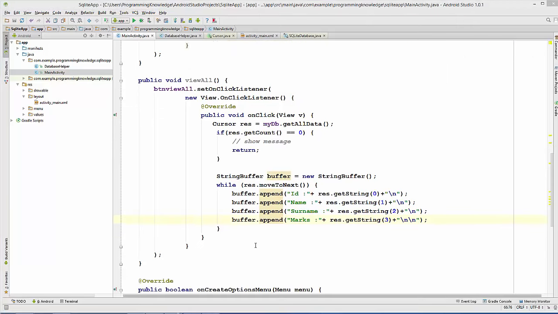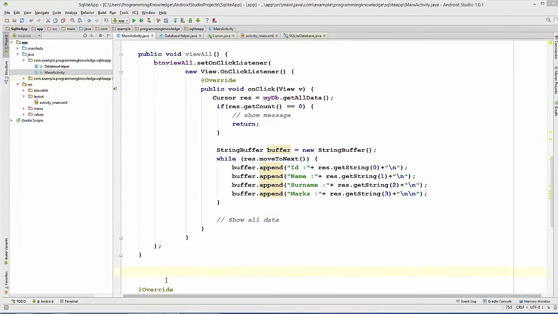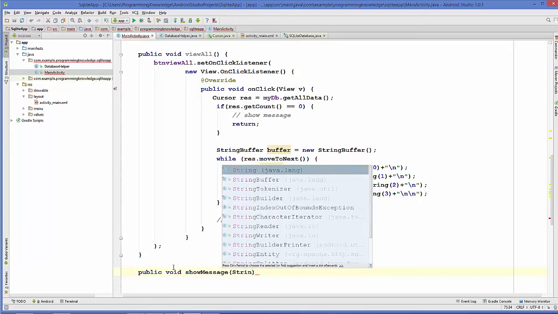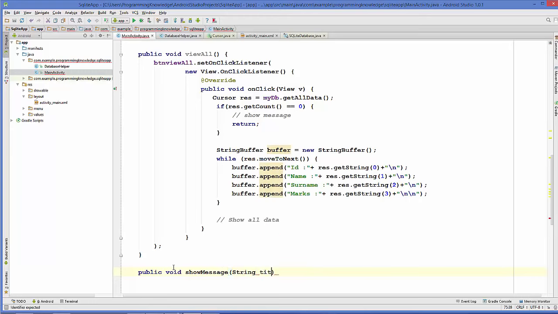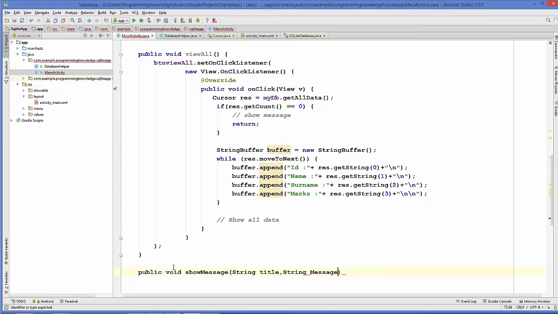And then we want to show all the data, so let's write a comment. So let's create a new method which will be also a public method, and it will return nothing. So void, and the method name will be show message. It's going to take two arguments. First is the title and second is the message itself. Okay, so string message,